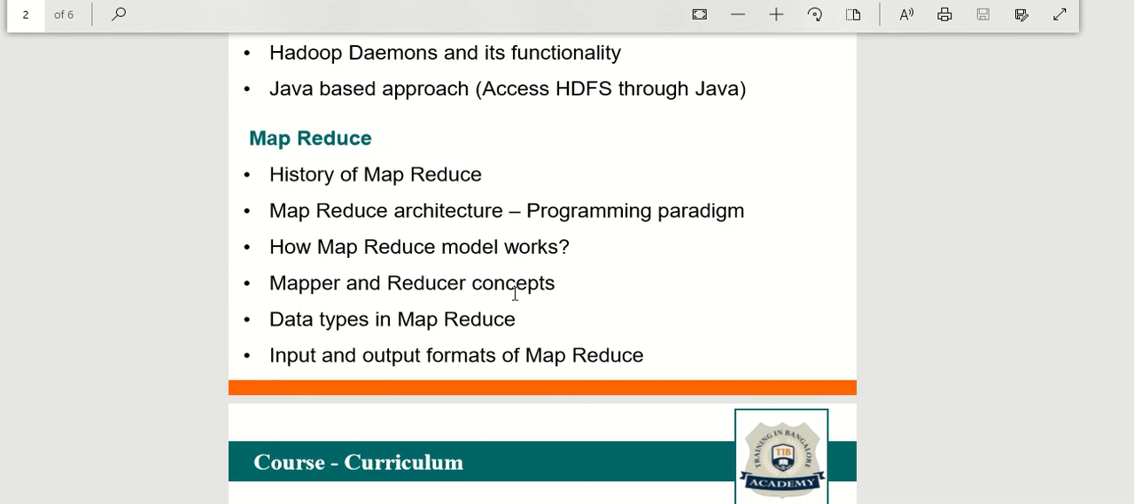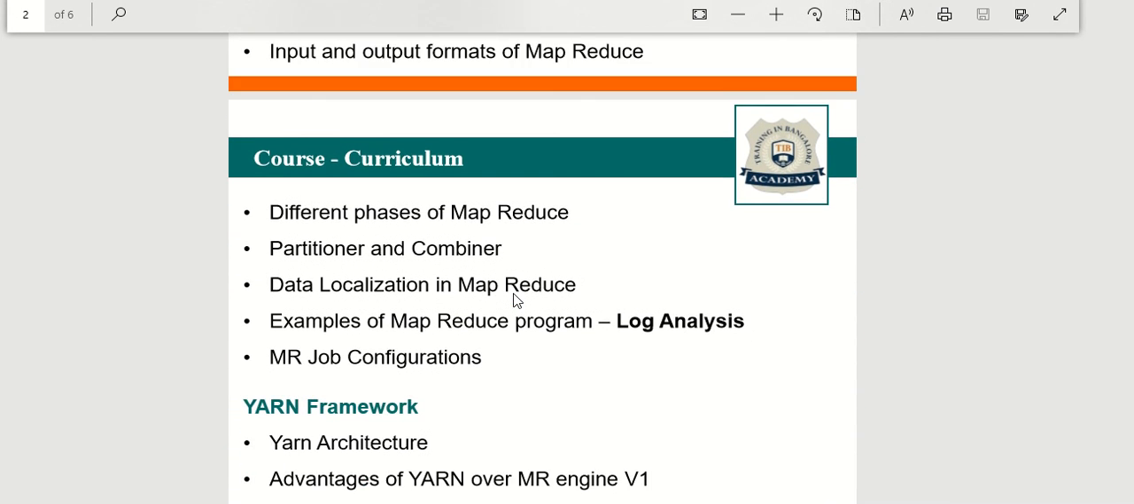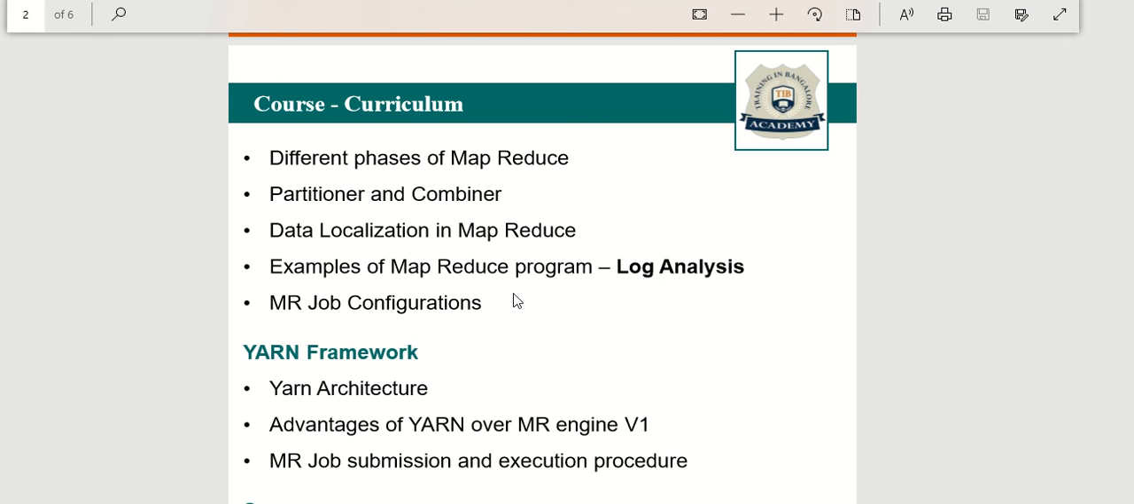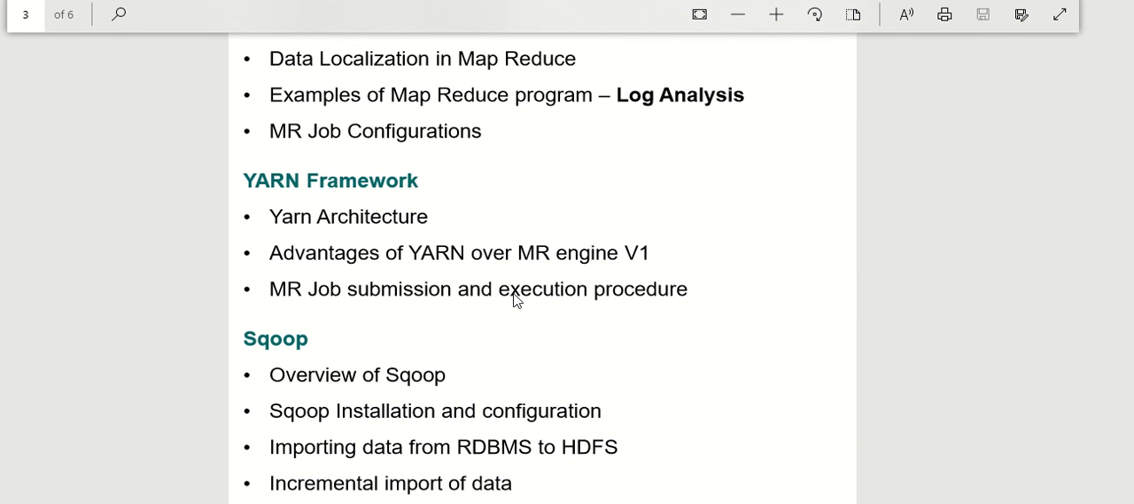We'll be learning what the architecture of MapReduce algorithms is, how the MapReduce model works, and what the different concepts in MapReduce are. And we'll be seeing a lot of examples starting from the very basic word count program, and a couple of log analysis programs we'll cover. And we'll go through the YARN framework, which is nothing but the cluster manager for Hadoop, like how we have to execute and submit the MapReduce programs, and how exactly YARN executes